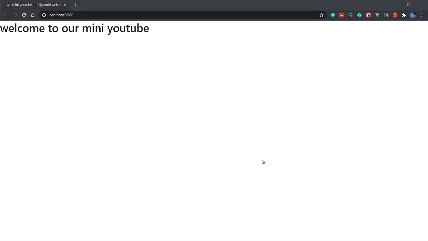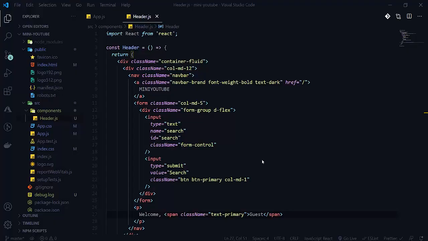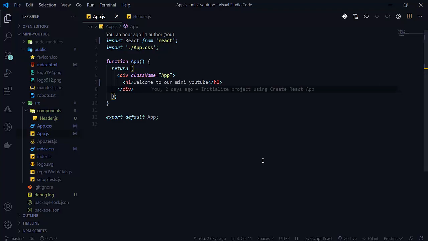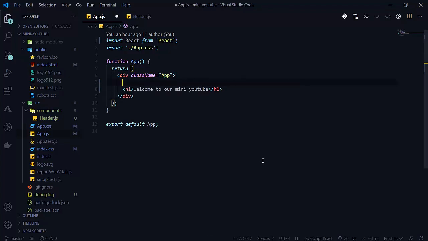Actually this will not work yet because we did not embed our header under the app here. So we will go here, and embed our header here. It is not imported, so let me do it again. Header, now it will import automatically.